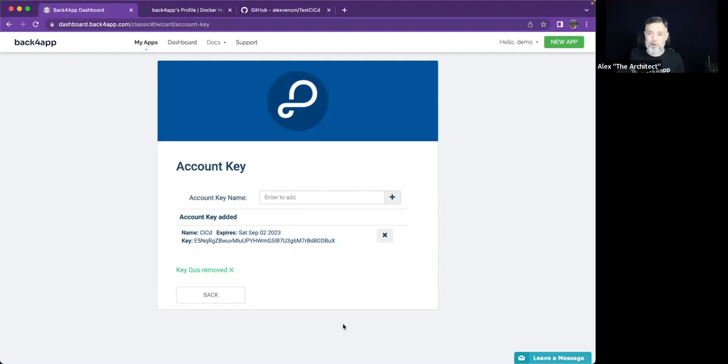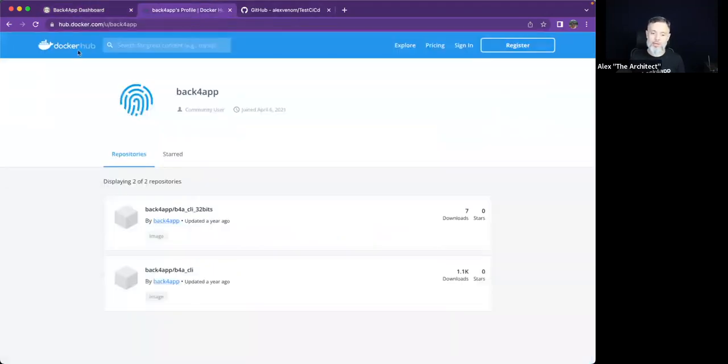It's just a line of command that you must run, but it takes a little bit of time to download and install everything, and we want to accelerate this process as much as possible. This is why here in the Docker Hub, which is hub.docker.com, if you search for Back4App, you will end up in this screen that I am right now,